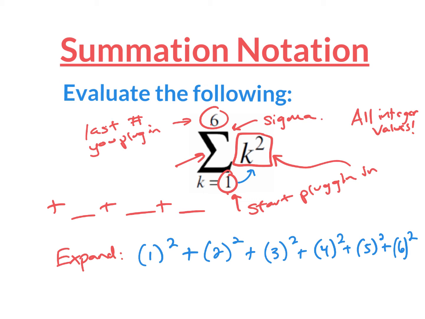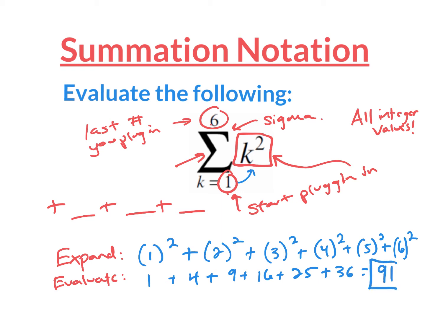And then when I evaluate now, well, order of operations, we can just work each number separately. So 1 squared is 1, 2 squared is 4, 3 squared is 9, and so forth. And then we can add these up on our calculator. And when you do that, I think you should get a total answer of 91,